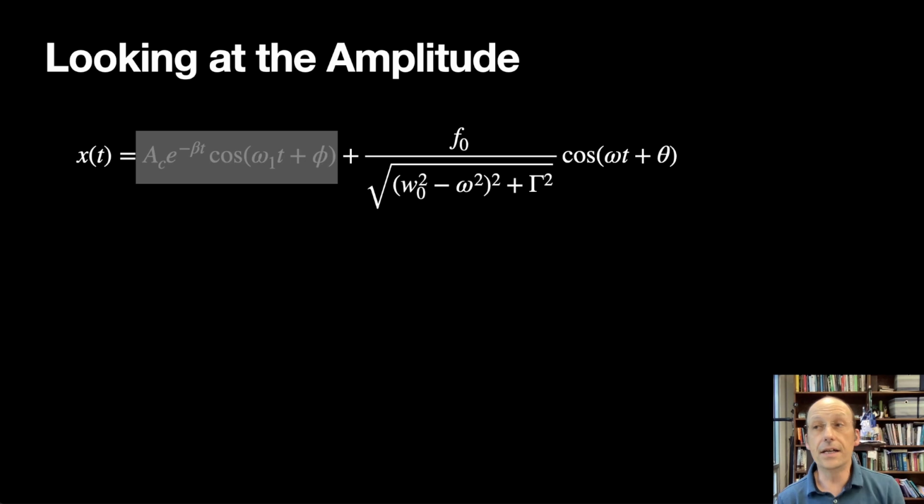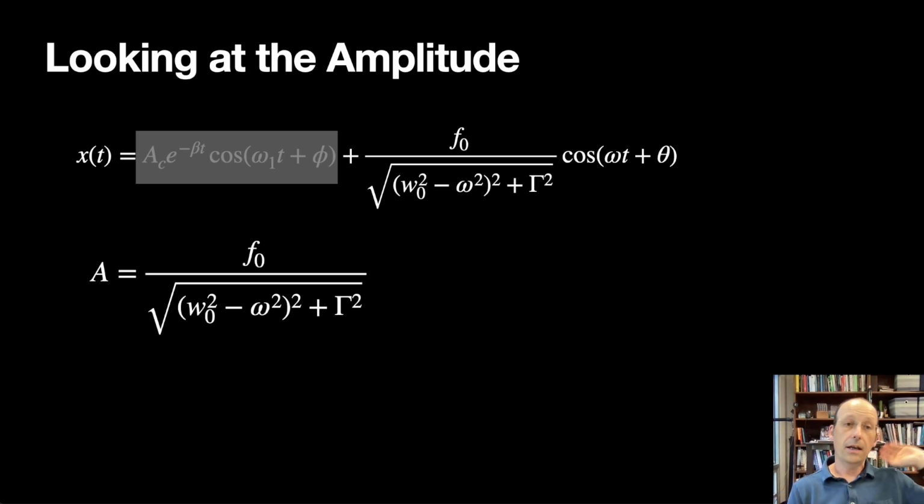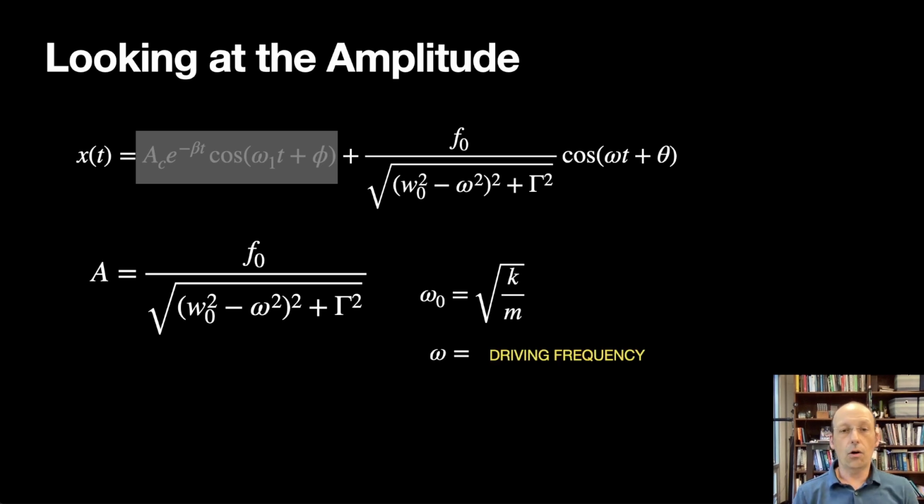Okay, so let's look at just that amplitude part. Again, this term right here decays out, so we don't have to worry about that. Let's call this amplitude just A. That's all I'm going to do. And omega 0 is that, and omega is the driving frequency, and that's the gamma. And there's beta. And so the question is